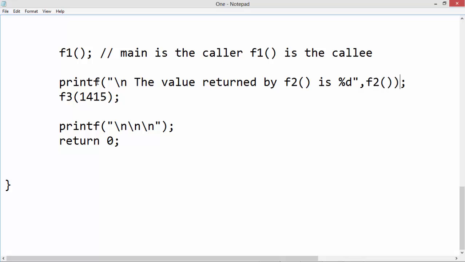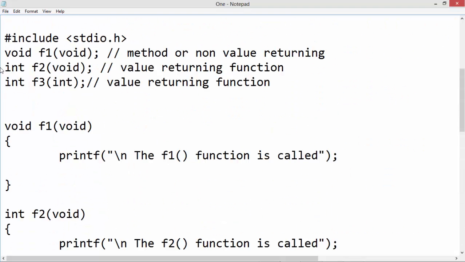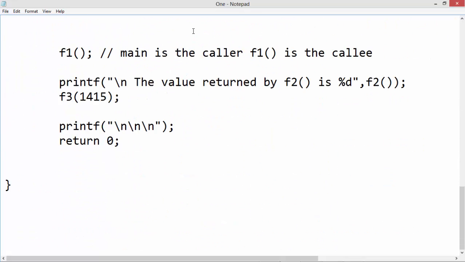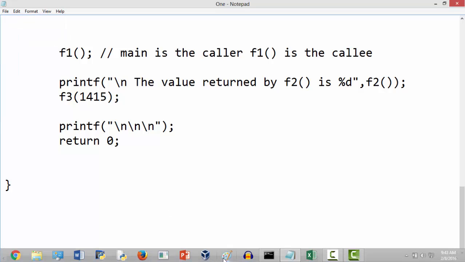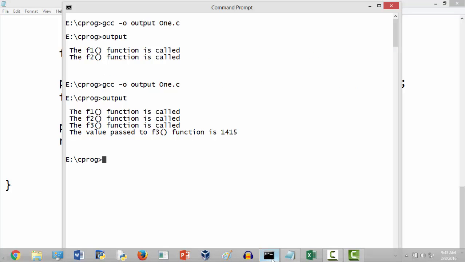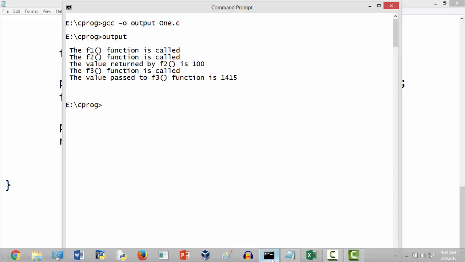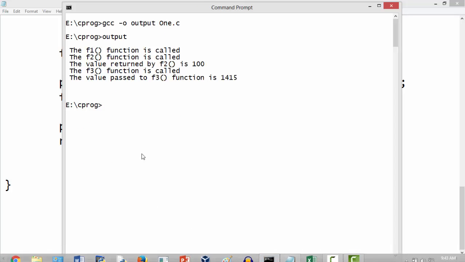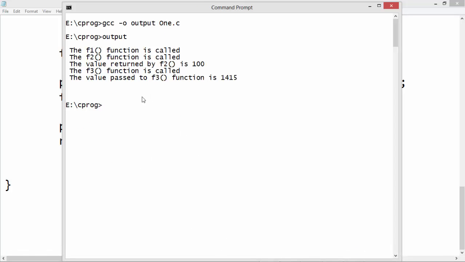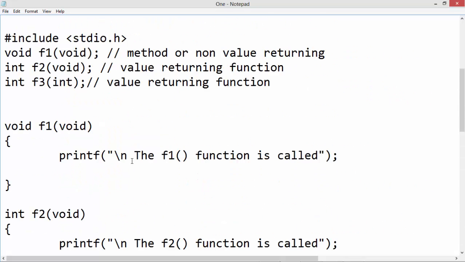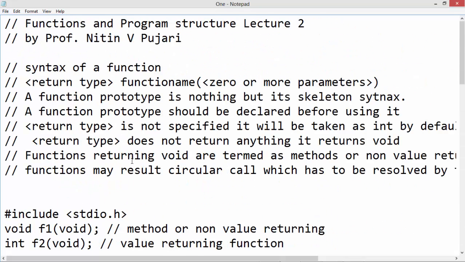So it is in my printf statement. It is returning 100, so it is as good as me putting 100 in the earlier printf statement. Let me save this and do the compilation. Okay, you see the value returned by the function f2 is 100. Correct. So this is a typical structure